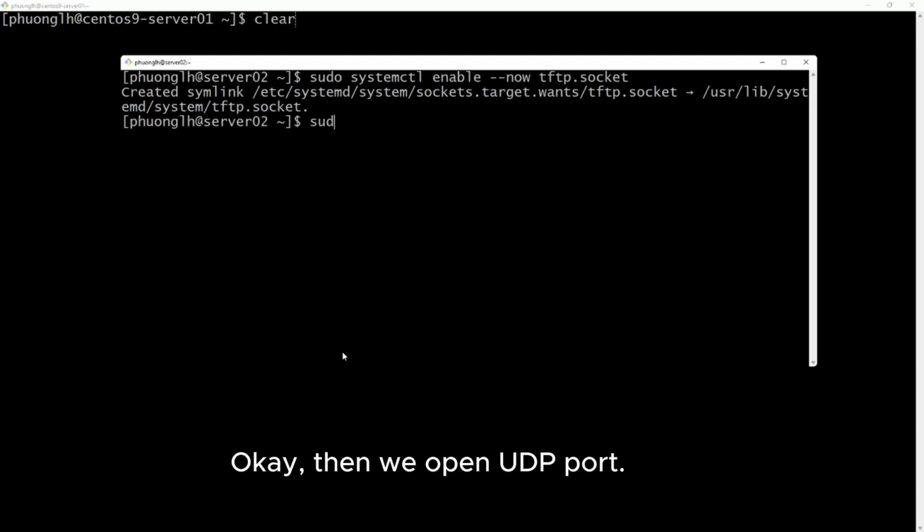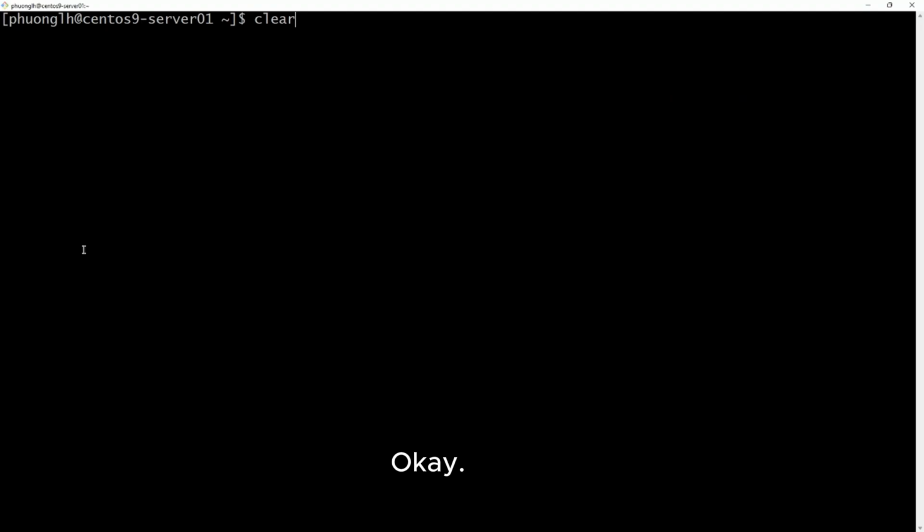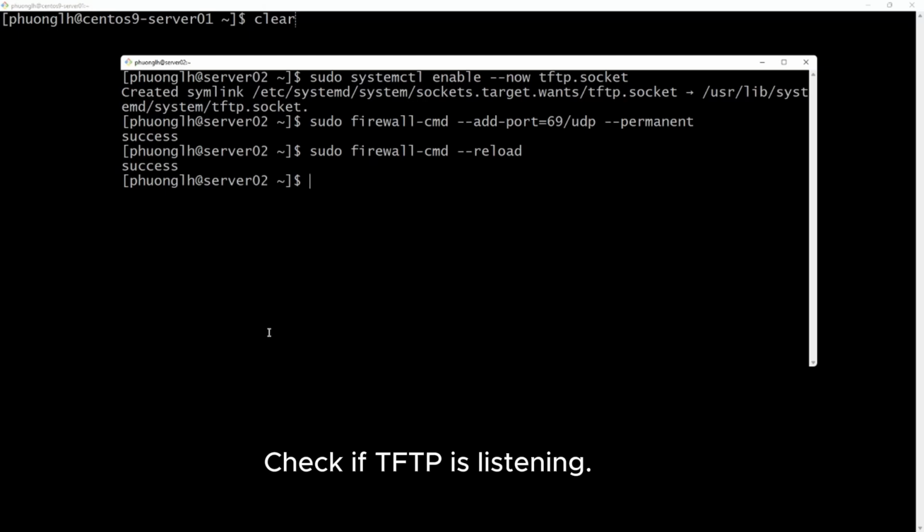Then we open the UDP port with firewall-cmd, UDP, permanent, and reload. Okay, and check if TFTP is listening.